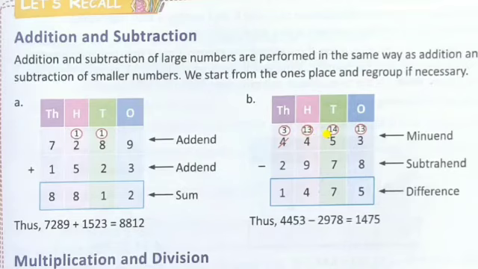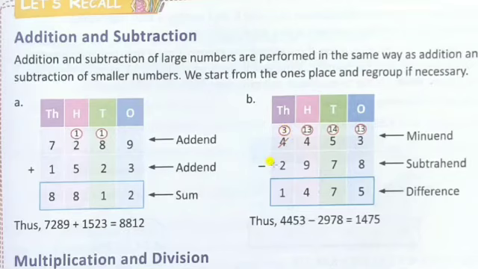Now this 4 becomes 14. 14 minus 7 becomes 7. So our next difference is 7. 3 minus 9, not possible. Again, 3 will go to the next place and borrow one value from the given digit. So when 4 lends 1 to the number 3, 3 becomes 13 and 4 becomes 3.